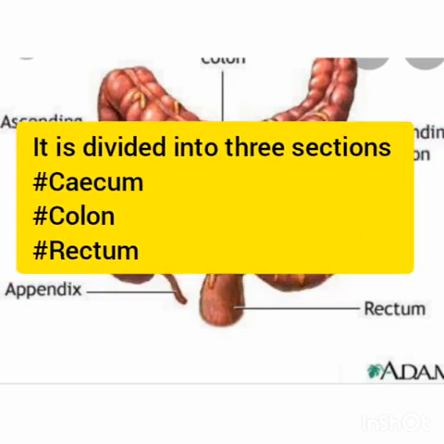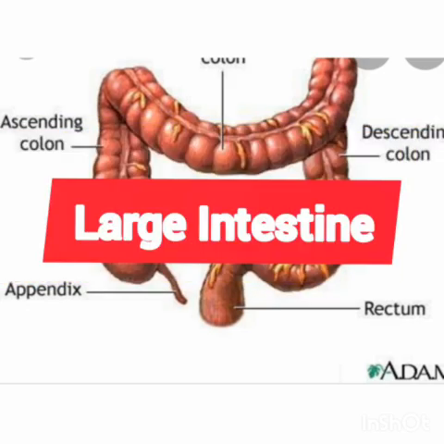Here you notice that the large intestine is only 1.5 meters in length, but it is called large intestine, whereas the small intestine is about 7 meters in length, but it is called small intestine. The main thing is that the small intestine is a very narrow tube. Due to the smaller thickness, it is called small intestine, whereas the large intestine is a very wide tube. It is wider than the small intestine. So due to the greater width, it is called large intestine.